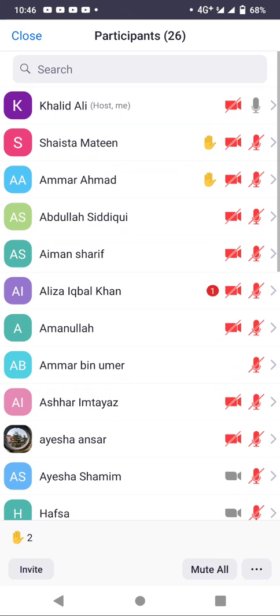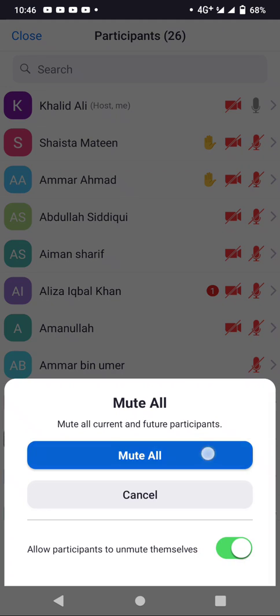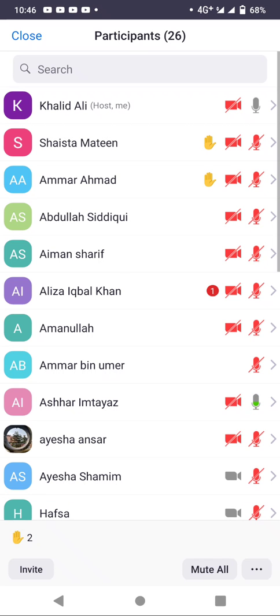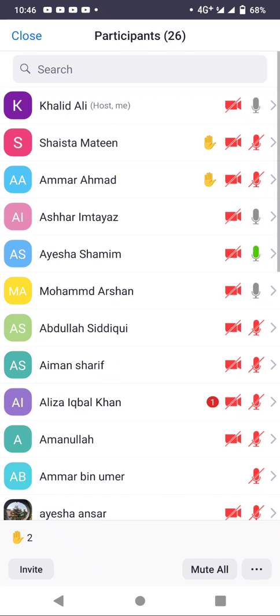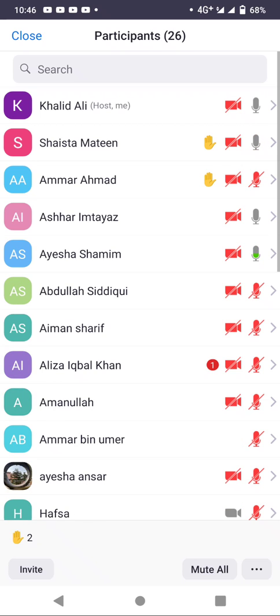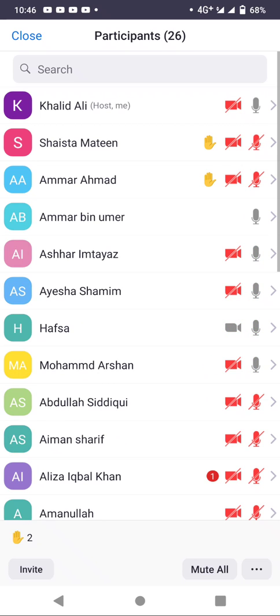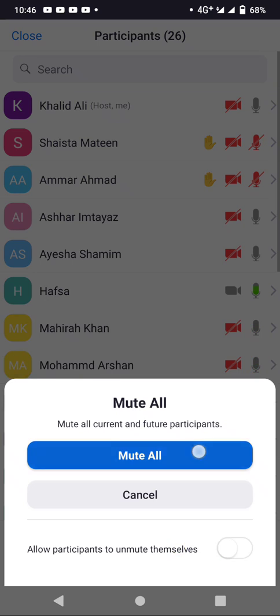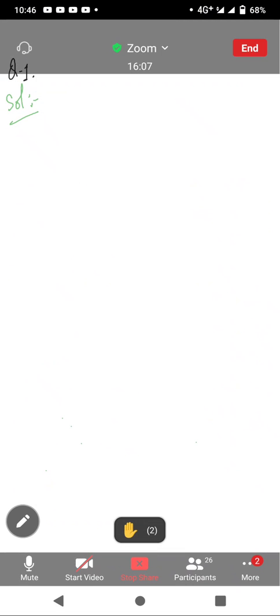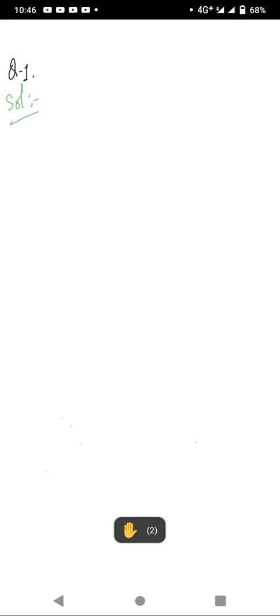How many cards do children need to make for their class teachers? Yes, students. How many total cards? Sir, 42 cards. No, beta. I'm asking the total cards they need to make. How many total cards they need to make for their teachers? 65 cards. Okay, so 65 cards they need to make for their teachers.